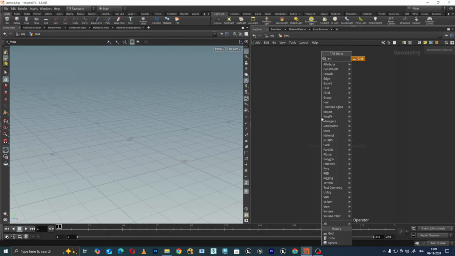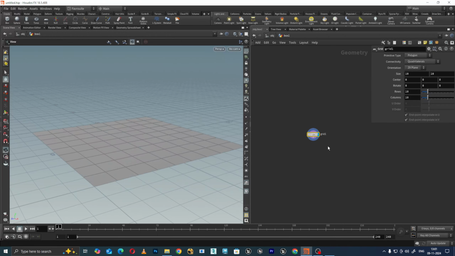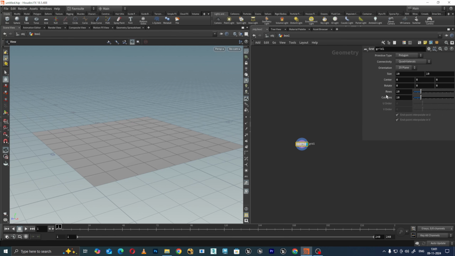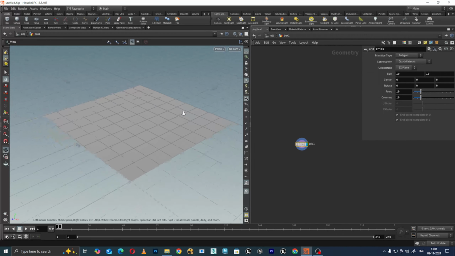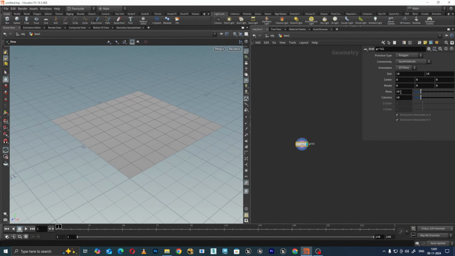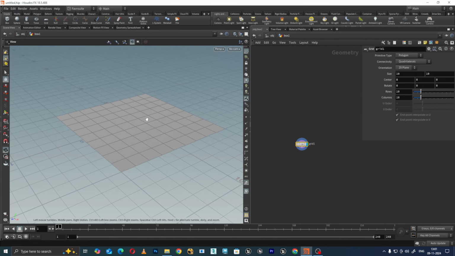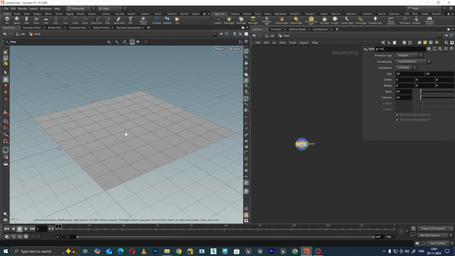First we will create a grid here. Then after creating the grid, press P for parameters, and in parameters we can see there are the number of rows and columns. We can increase the rows and columns by just middle clicking on the row and then incrementing the value. In this way, if we are not able to see the lines or the grid on the plane here,